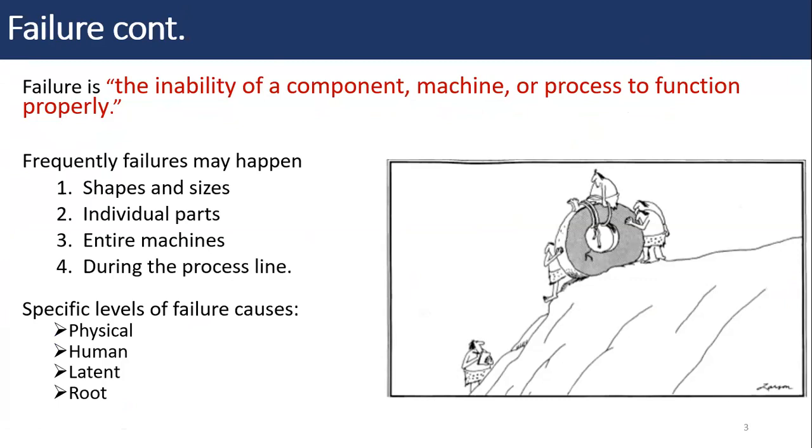Then types of failures that happen in the food industry. The shape and size: there are some failures in shape and size, and in individual parts. So when we consider an extruder, there are different parts. There's a heating system, there is an extrusion part, the barrel is there, the motor is there. So maybe the entire machine faults, or maybe an individual part fails. Maybe the motor is not working, but the extruder is working. Sometimes our refrigerator is working, but the condenser is not working, right? There are different types of failures.